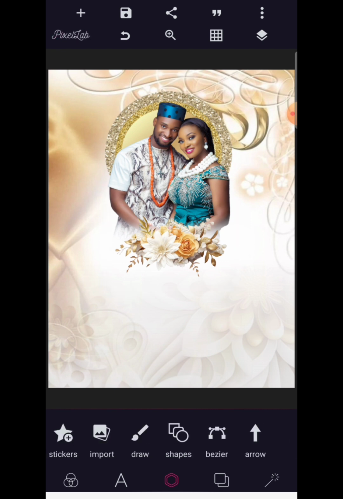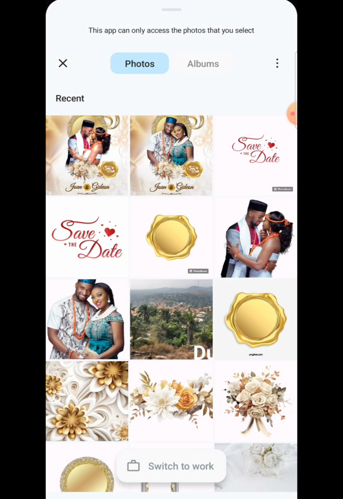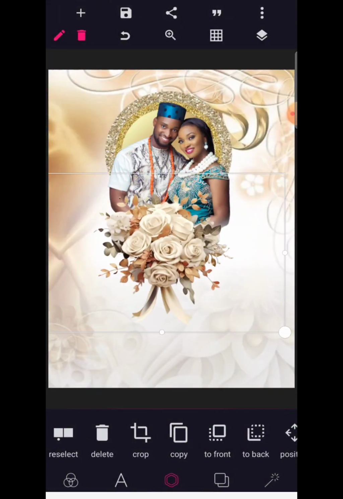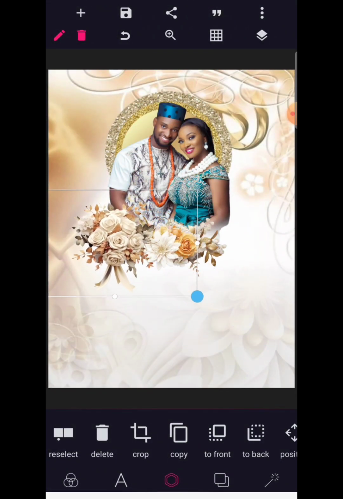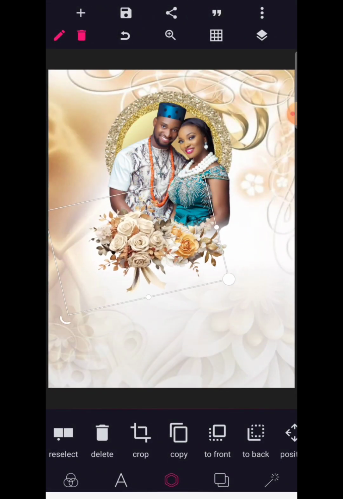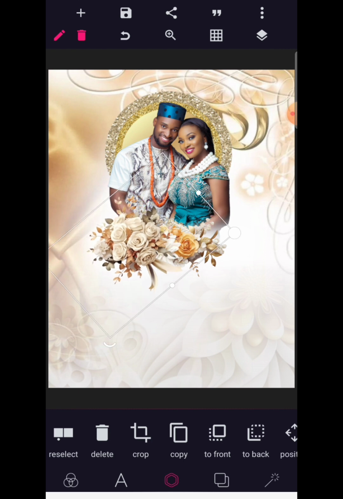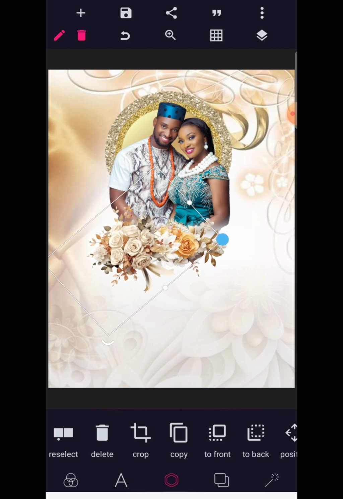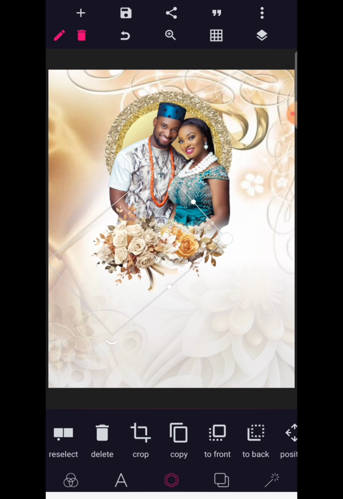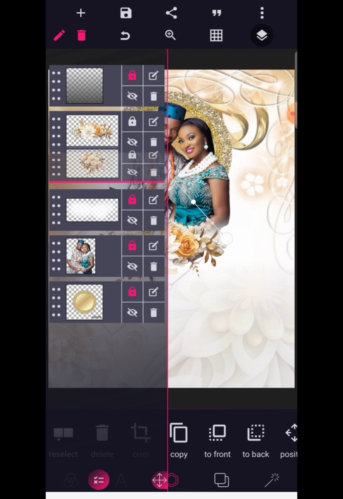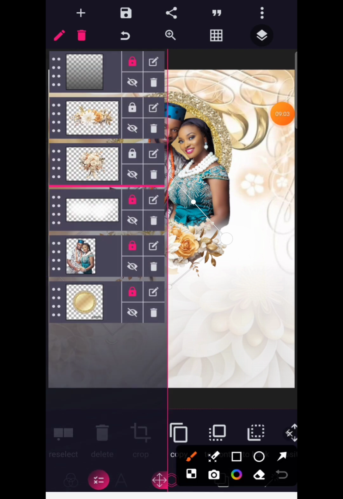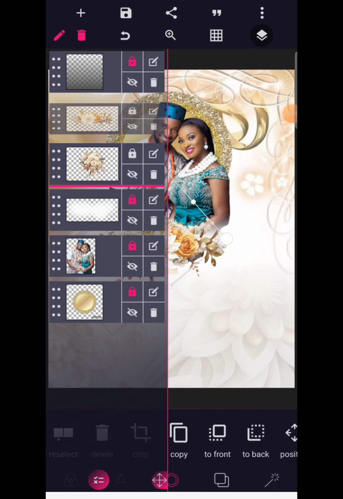Now we're going to import another flower element, this time around with same gold kind of flower, and for obvious reason we just want to rotate this. Okay, then we can reduce it in size a bit, but then we go now to layer and send it to the back of the first flower. So how do you send it to the back? Just by clicking on these 8 dots here, long press on it and hold it. You can easily move it. All right, this is how you move elements